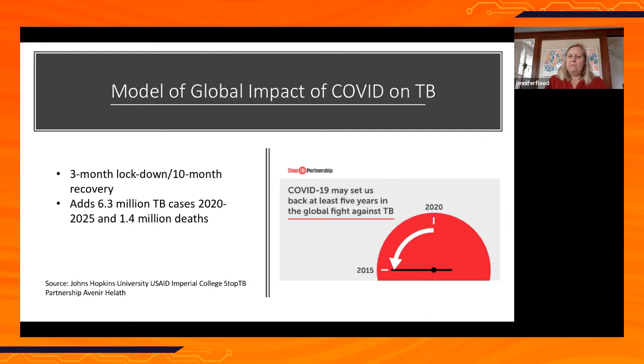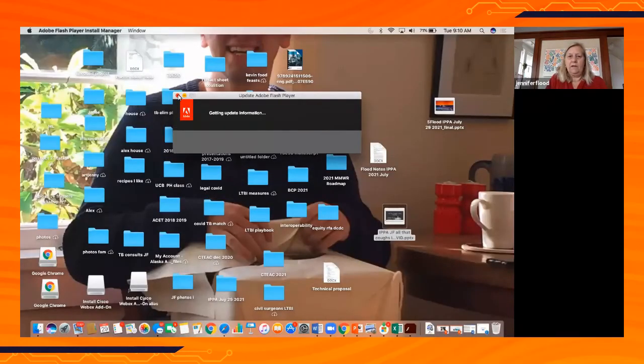Now, what about the global impact of COVID on TB? This Johns Hopkins University publication showed modeling effect of, now we're talking COVID,